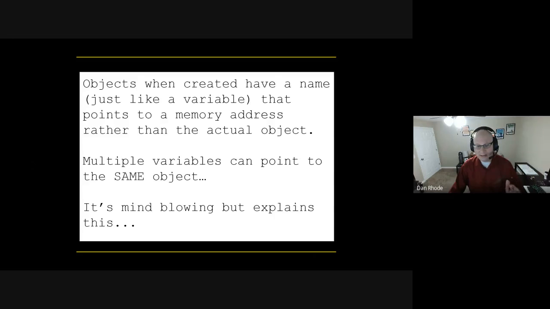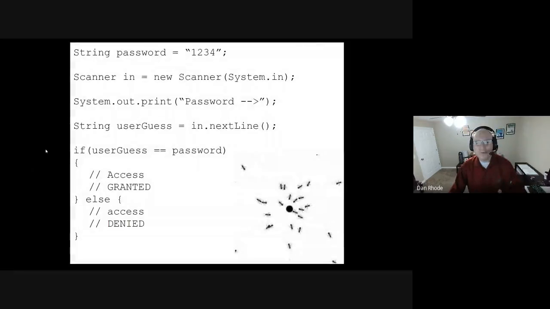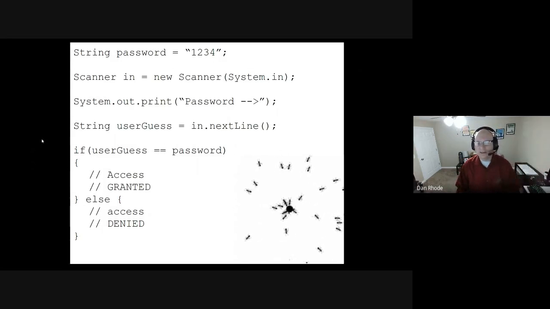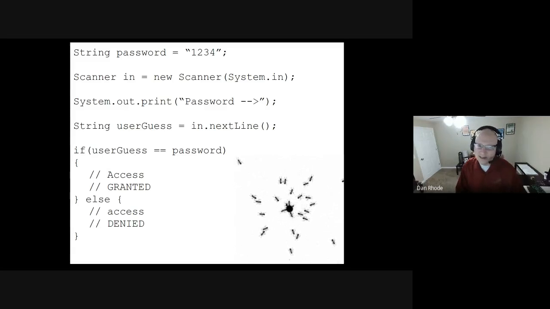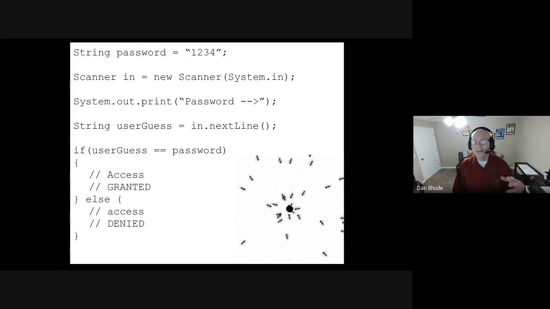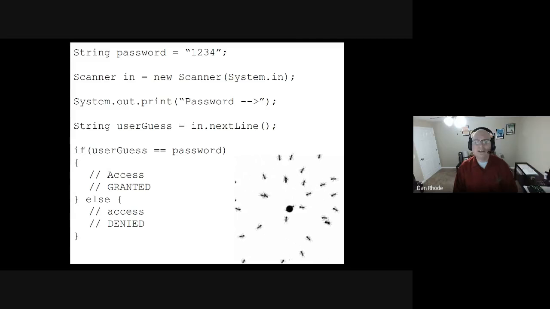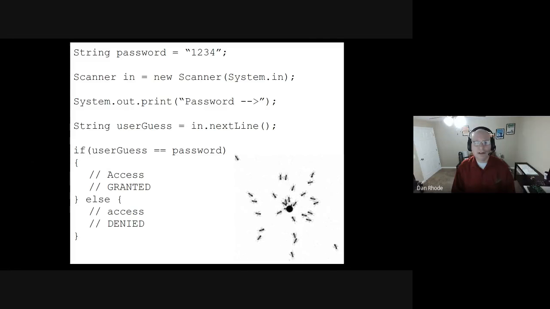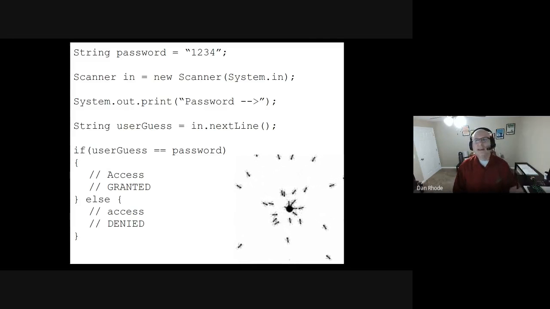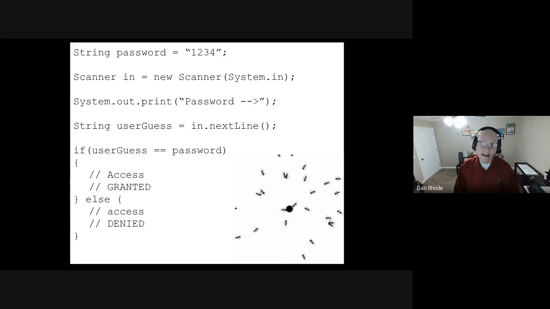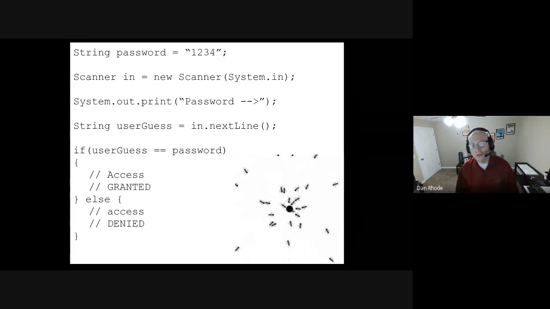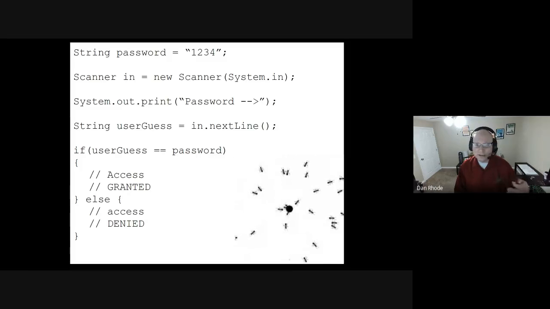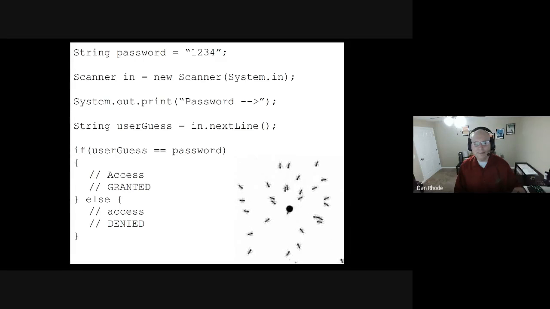So if we want to compare, a classic example is the password program. This password program here is buggy. It's not going to work like you expect it to because of the explanation you just heard about objects. Because strings, notice the capital S, a string is an object, not a primitive. So if I set a string password to 1234, and then I do a scanner where I say,